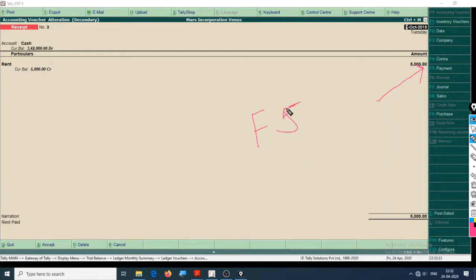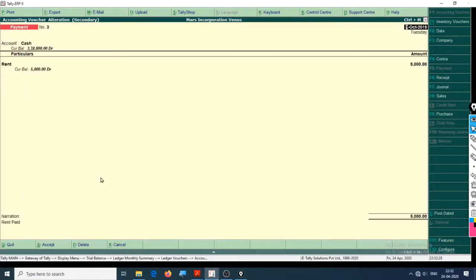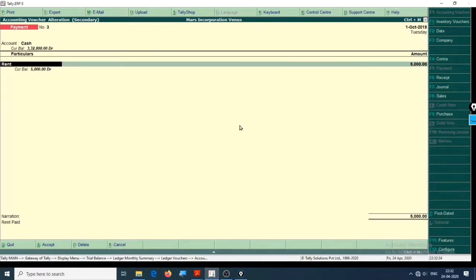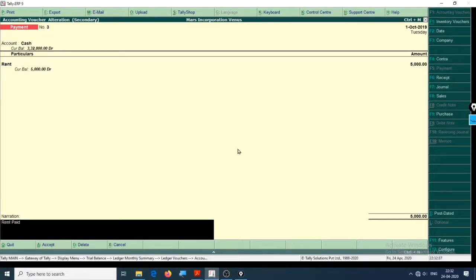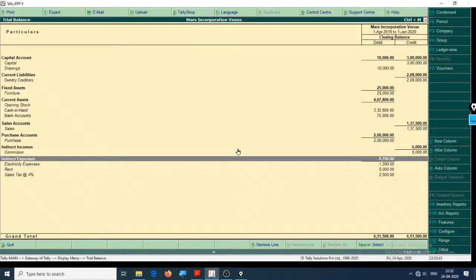So pressing F5 payment. Control A. This app won't let me do it because I have some other shortcuts in this app, so I'll use accept. Now this is debit. As you can see right here, this entry is now changed, hence this is debit. As this was an expense, debit all expenses and losses. This was an intentional mistake just to show you how auditing the trial balance works. Hence we have analyzed the trial balance.